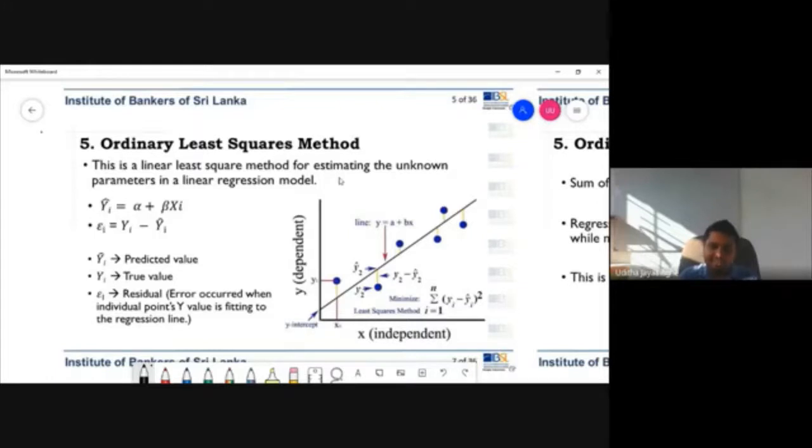We plot the scatter points, and then the teacher comes and gives us a ruler and asks us to draw a line the way that you think. The way that you think. There is no scientific method. Just draw a line. The way that you think is going to be the best fitting line. Once you draw that line,